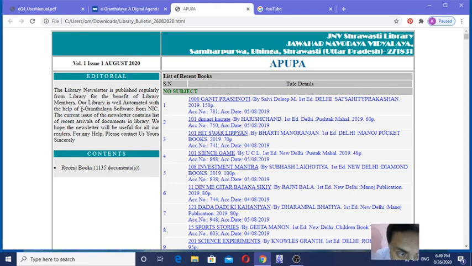Here you are getting the editorial, volume 1, issue 1, August 2020. This Pupa name I had given already as a title, list of recent books, title details, serial number, and other details. We are getting accession number, accession date, title, author, edition, place, publisher, date, pagination, all.